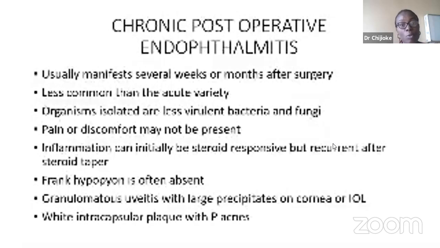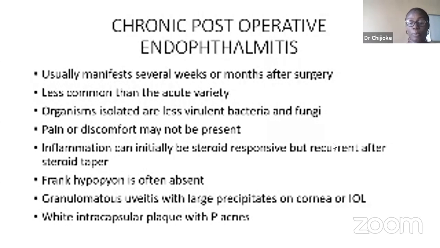Chronic post-operative endophthalmitis manifests several weeks or months after surgery, and is less common than the acute variety. Organisms isolated are less virulent; there are less virulent bacteria and fungi. Pain or discomfort may not be present, and inflammation can initially be steroid responsive but recurrent after steroid taper. Frank hypopyon is often absent. Granulomatous uveitis with large precipitates on the cornea or intraocular lens can be seen, and is associated with white intracapsular